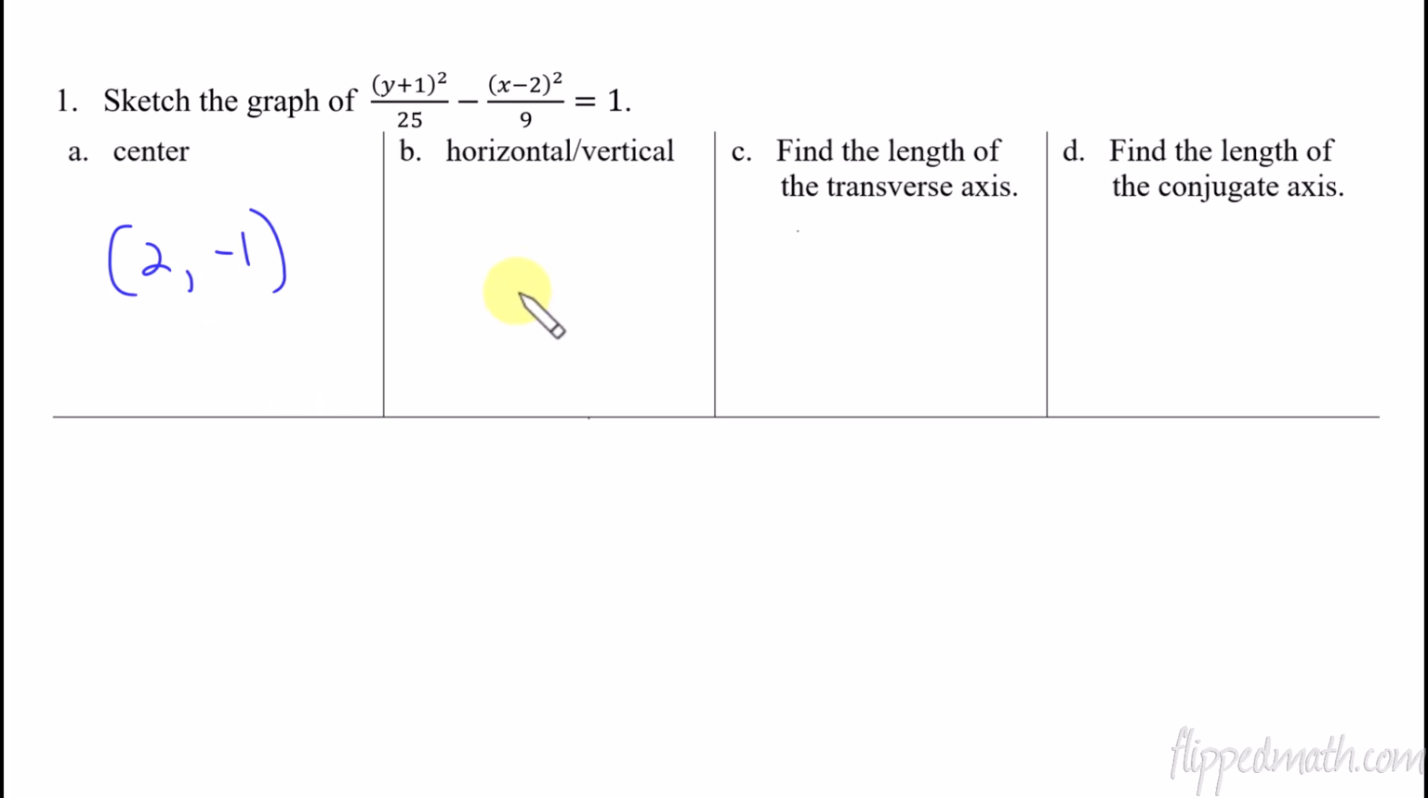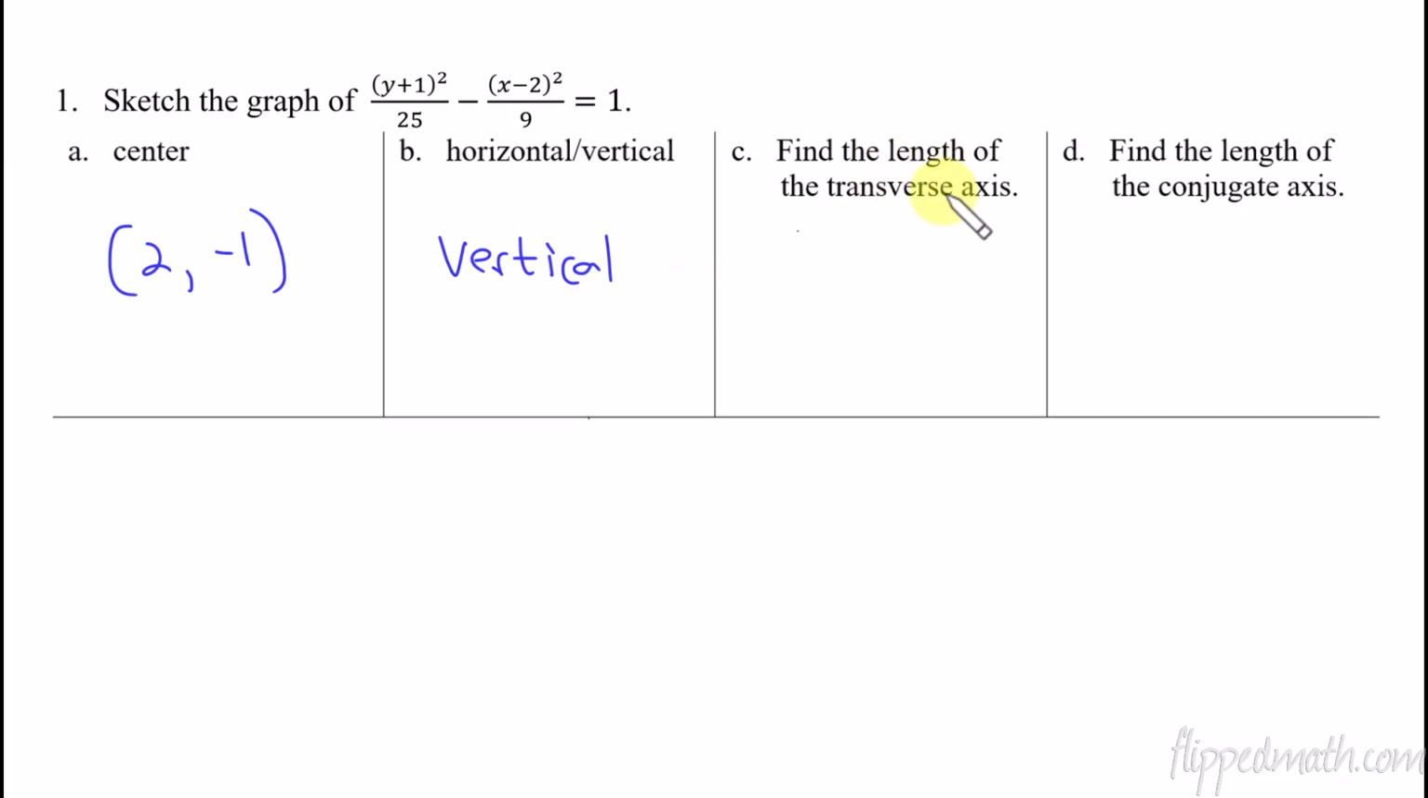Now, is it a horizontal or a vertical ellipse? Which term is positive? The y term is what's being positive here. So since the y term is positive, this is a vertical, I said ellipse earlier, sorry. This is a vertical hyperbola, not ellipse, vertical hyperbola. So that tells me